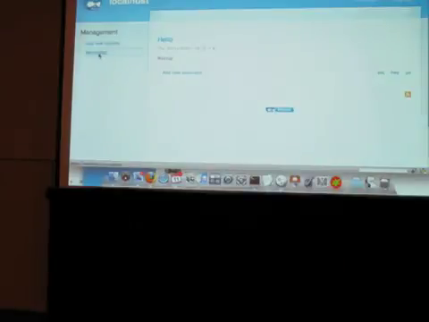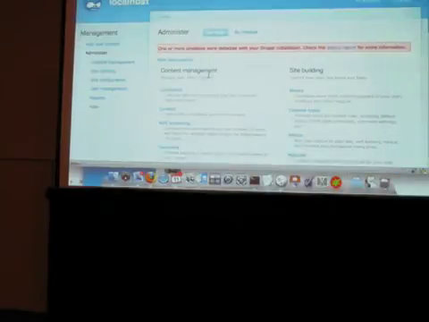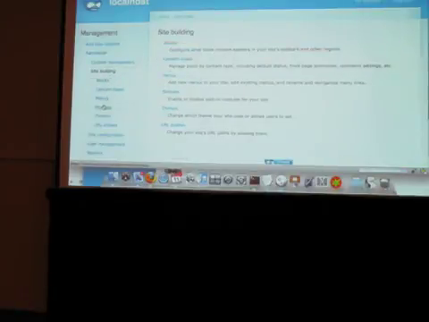So let's check out the admin panel. This is basically the same. Couple of new things here. The modules page has, notice